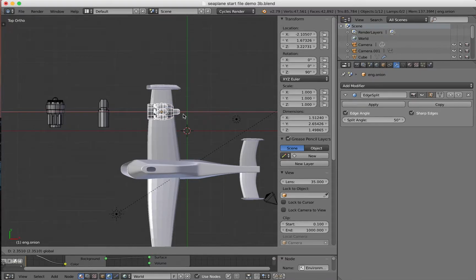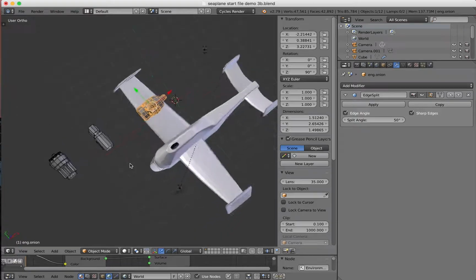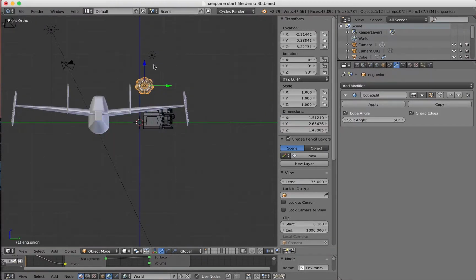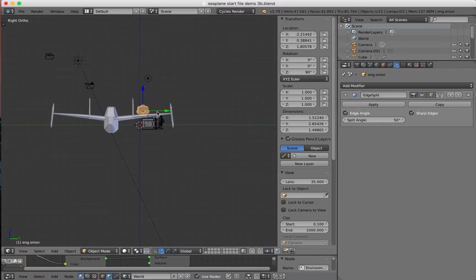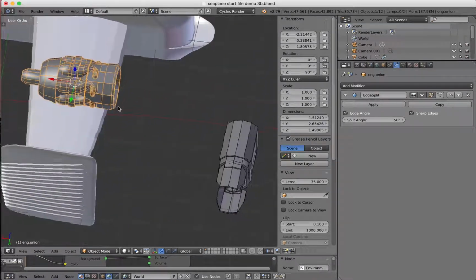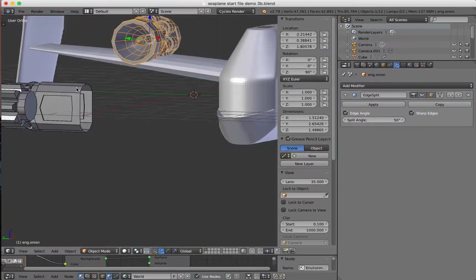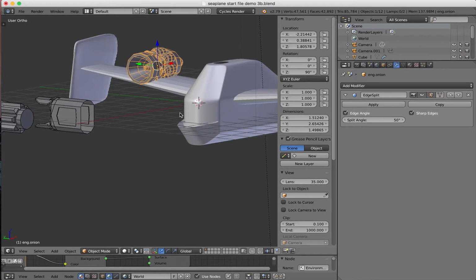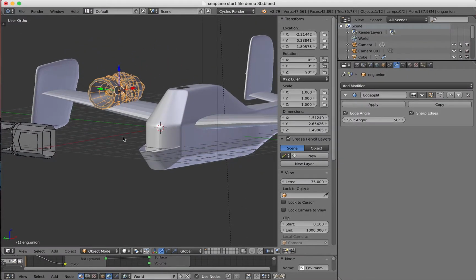Move it with my arrows, and I'm looking pretty good. Okay, 1 key, 3 key, bring it down, start to mount it on the wing. Whoops, make sure that you grab it by the arrowhead though, so it moves nice and smoothly. And then we can start to get a nice simple motor kind of starting to set up on our plane, and I'll leave it up to you to decide on the scaling of those. So I'm just going to, nearly done for the moment, so let's have a look at